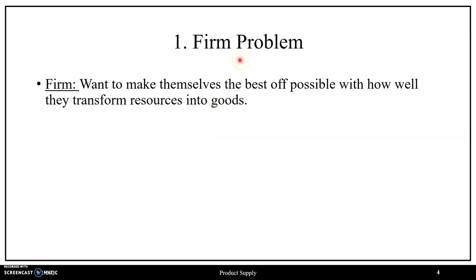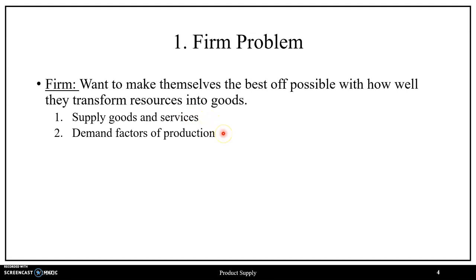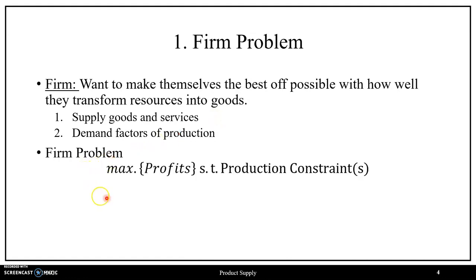So to begin, let us revisit the firm problem, in which our setup for firms is that firms want to make themselves the best off possible given how well they transform resources into goods, where firms will supply goods and services to the product market, and they will demand factors of production such as labor and capital in the factor markets, where with respect to this chapter, we will focus on product supply for firms. And in terms of the firm problem, we formally stated this as firms maximize profits subject to the production constraints,